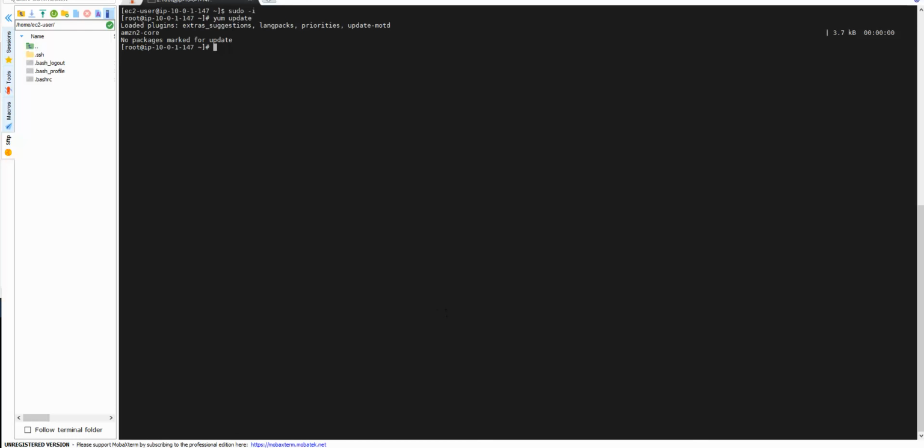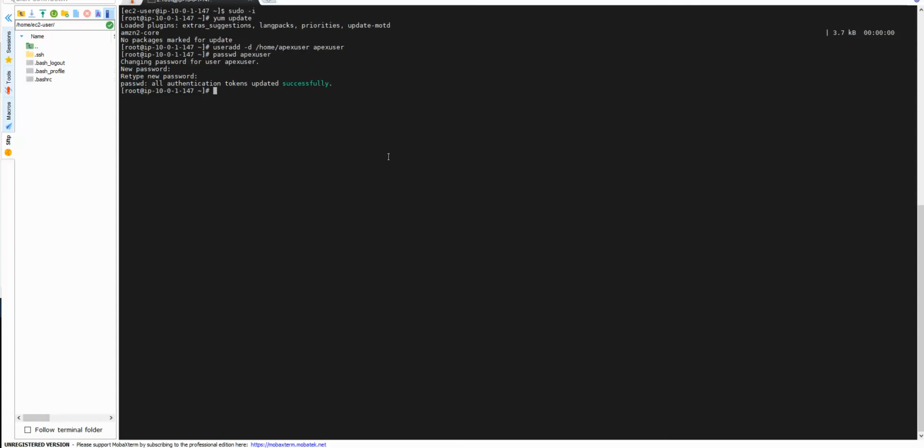So first things first, we have to create a non-privileged Apex user. For that, I'm using the useradd command with home Apex user, and let's go ahead and change the password for the Apex user. This is an OS user, and I'm picking a password. Type the password. Okay, the password is installed.